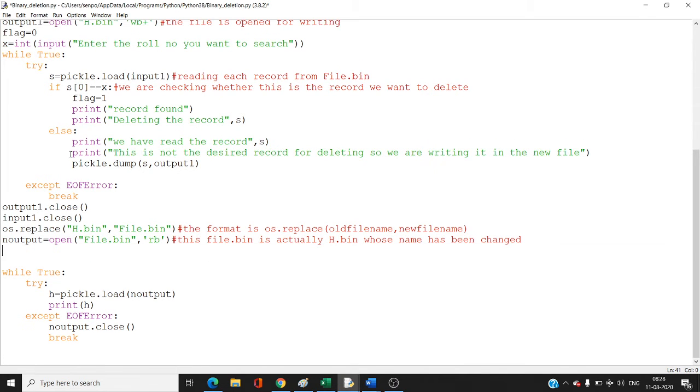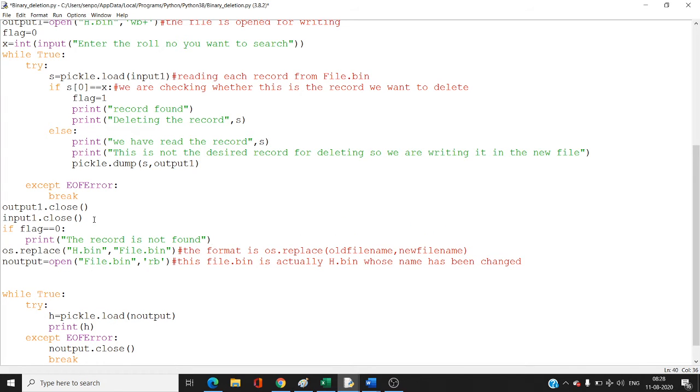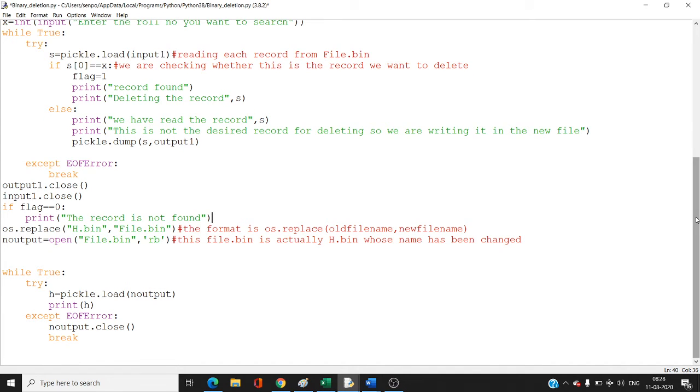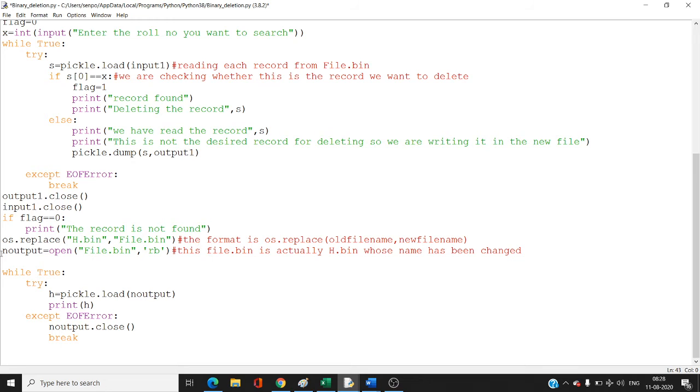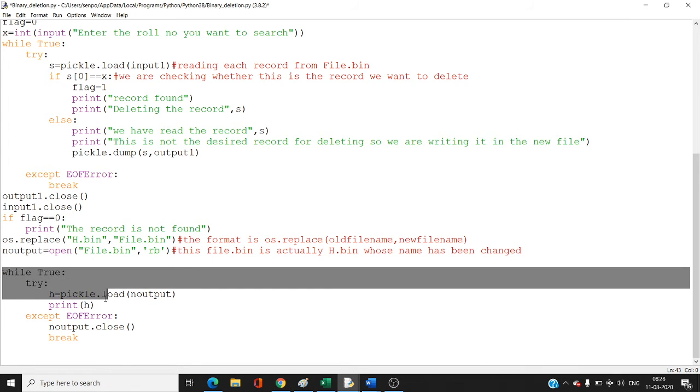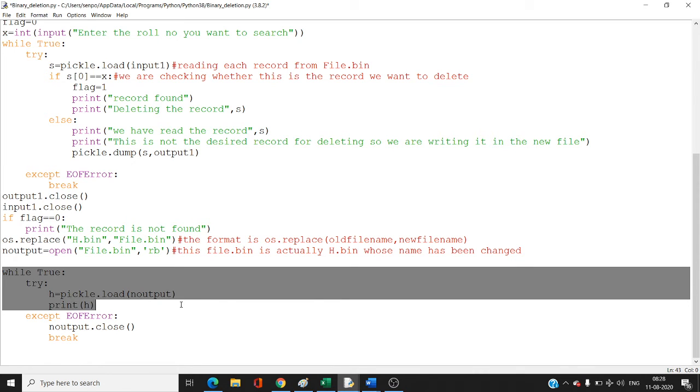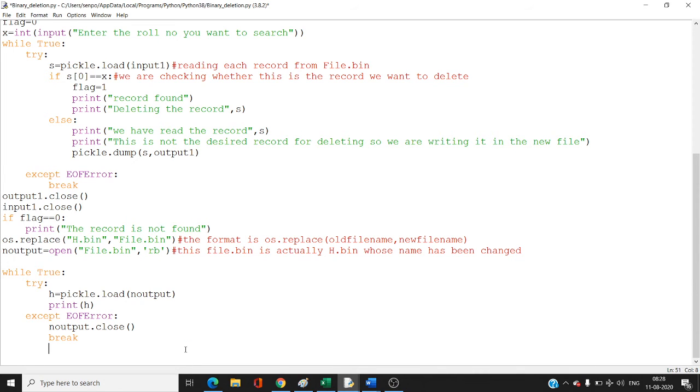Let's put this part here, because it may also happen that a particular record we are searching for deleting is not present in the old file. So while true, we will be reading the record from the new file one by one and printing them. So let's run the program and we'll understand it more.